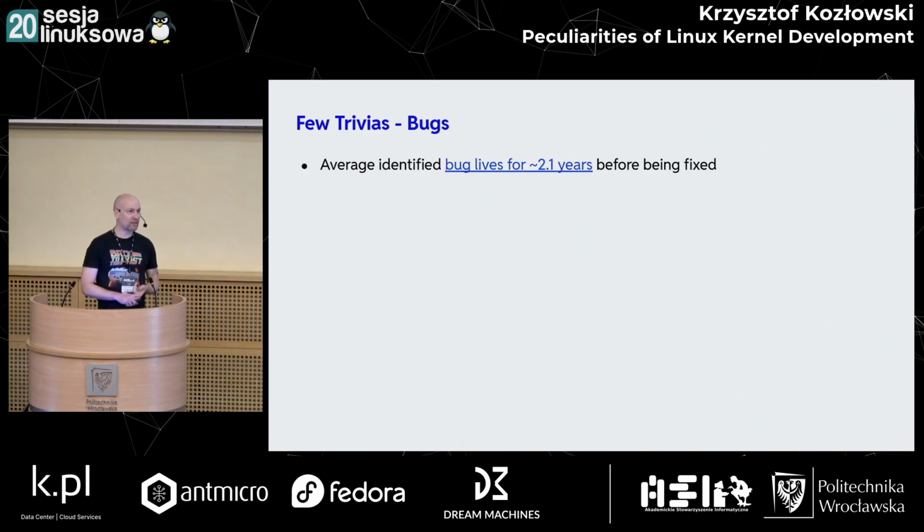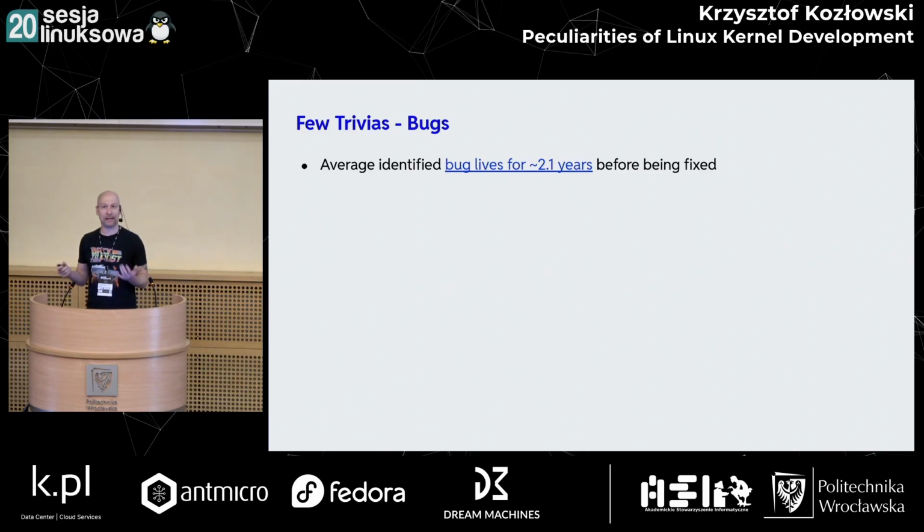We develop fast. Obviously, we make a lot of bugs. And there was a study trying to identify how good we are at debugging, or rather removing the bugs and reviewing the code. This study was looking at whether the commits are pointing to other commits, so like they're fixing something introduced much earlier, not exactly the actual bug reports. And this study said that on average, the bug was being fixed after 2 years.